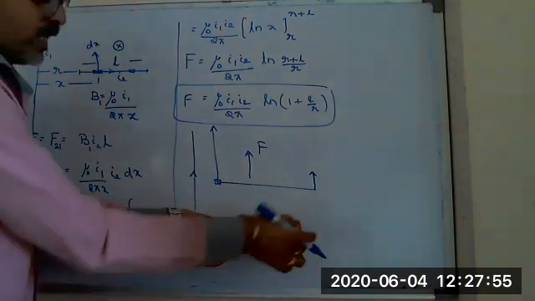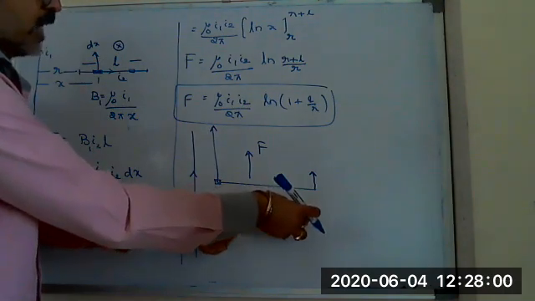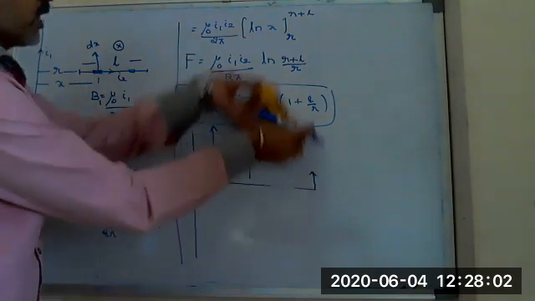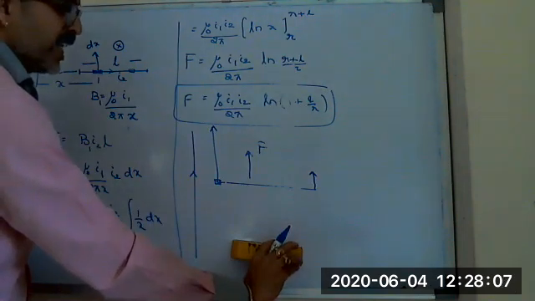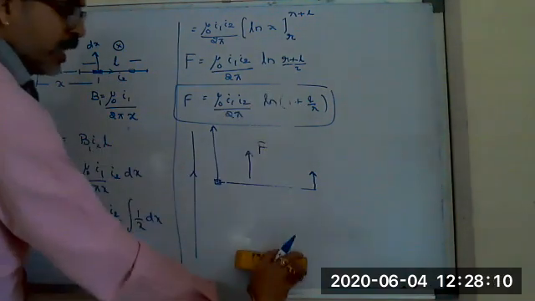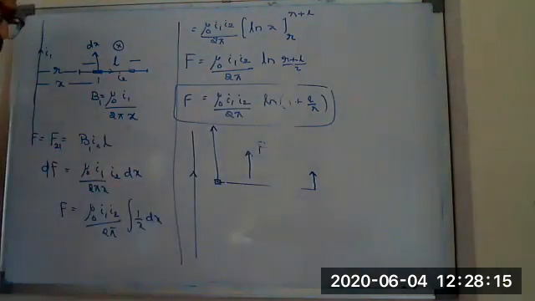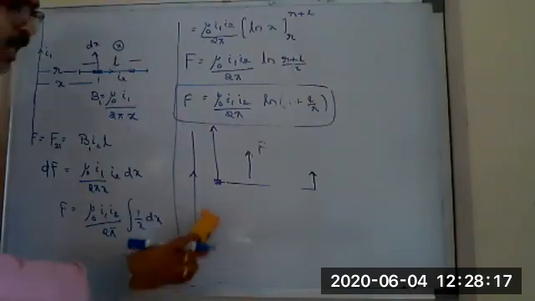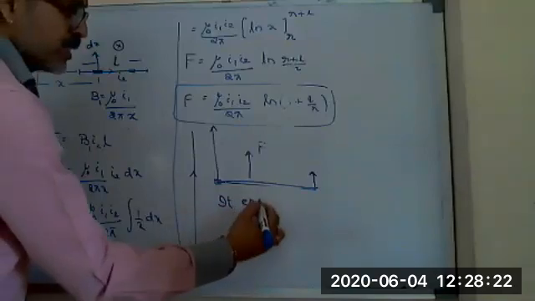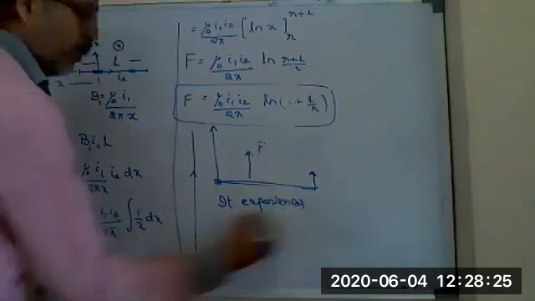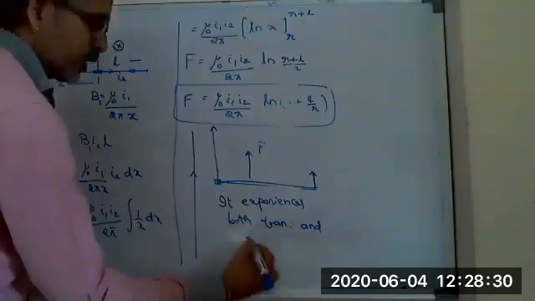Since the force magnitudes are not equal, one side is pulled upwards with lesser force and the other side with more force, so it tries to rotate like this. That's why we don't say it experiences only translatory motion; it experiences translatory motion and rotatory motion also. So theoretically, if they ask, we have to write that it experiences both translatory and rotatory motions.